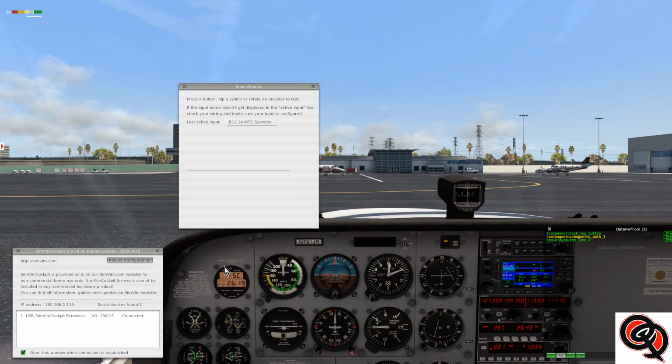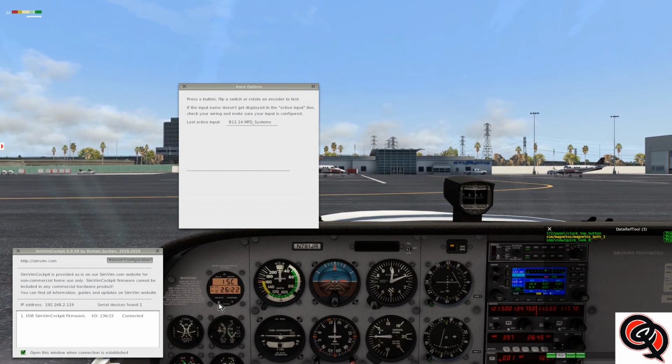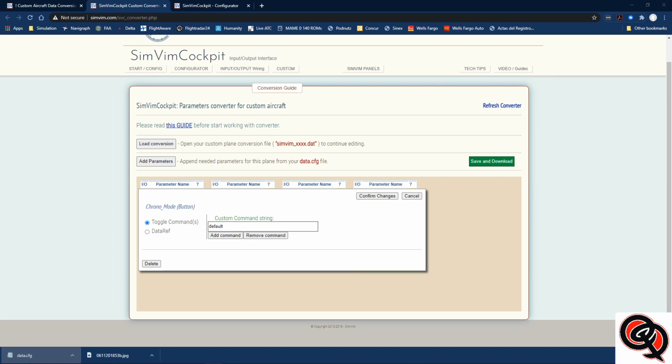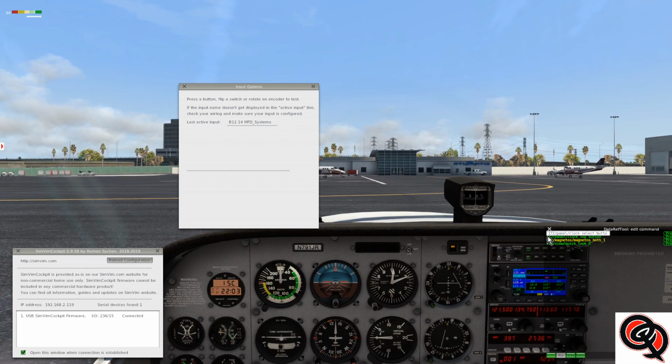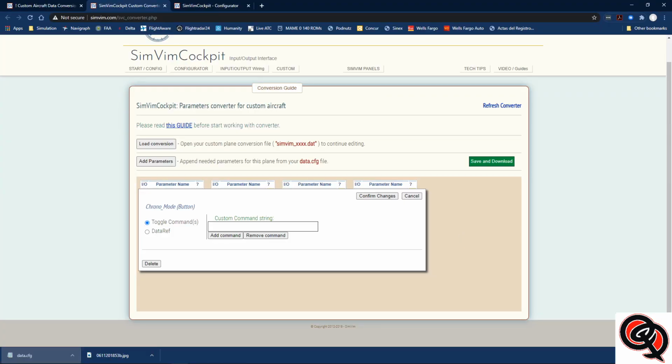Okay, so coming back over here, this is going to be this button right here on the clock. So when we press it, we'll see that that one is called 172/panel/clock_select_button. So we'll type that over here. I was actually wondering if it would just let me copy it from here and paste it over there, but it doesn't. So I guess we have to go back over here and just type it in the way we've been doing. So it was clock select button,